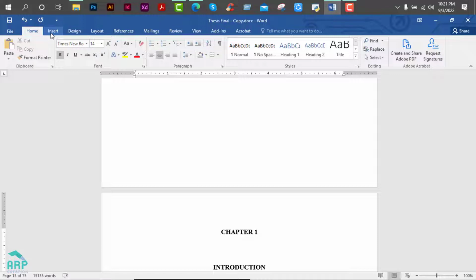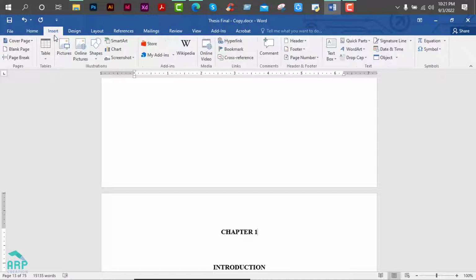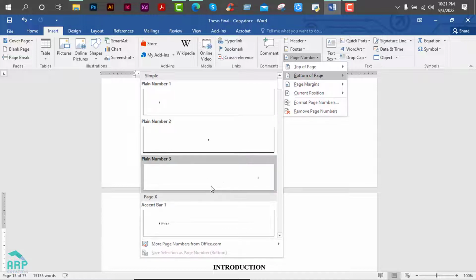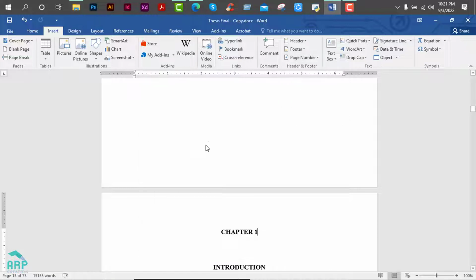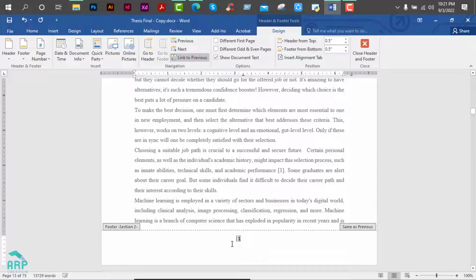then go to the Insert menu, then click on Page Number and Bottom of Page and we will insert this Plain Number 2 and you will see the page number has started from 1 on this page 13